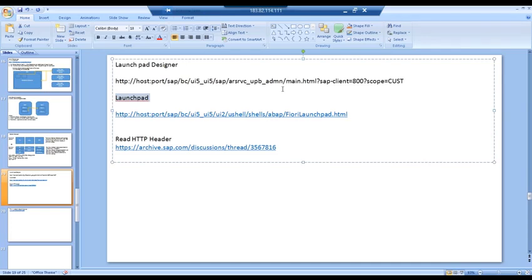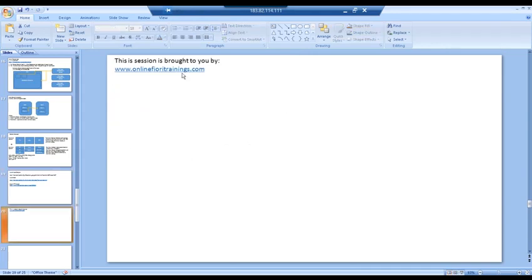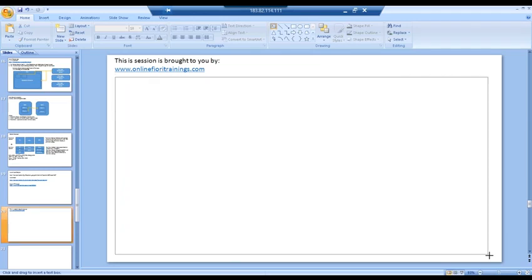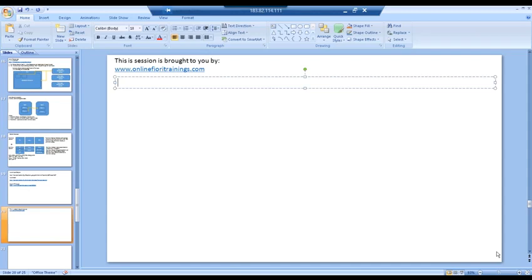It's in the front end system, which means you have to activate certain services for the end user to access this Launchpad. If you do not activate these services, you will not be able to access the Launchpad designer and Launchpad both. So this is the first step towards Launchpad. We must activate a couple of services in the system so that the user can use Launchpad and the designer can design Launchpad. So first thing is, in a fresh system,